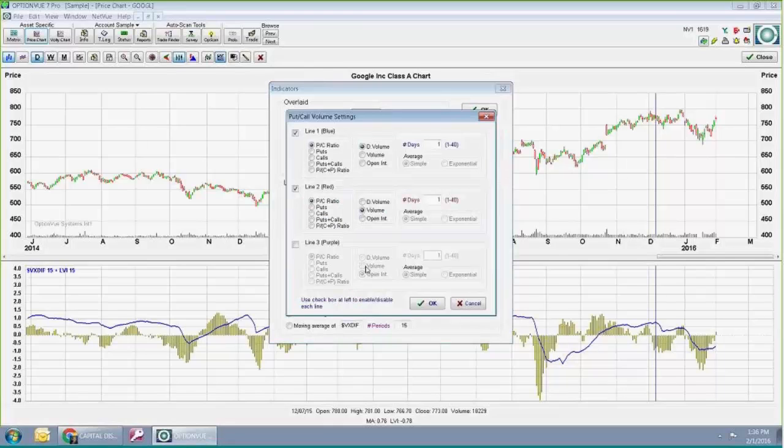And by separating calls and puts, it gives us a bunch of different available things. I can just show the put dollar volume, call dollar volume, or put plus call dollar volume. And you could do a running average of it up to 40 days, but I'm just doing a day-by-day thing, no averaging.